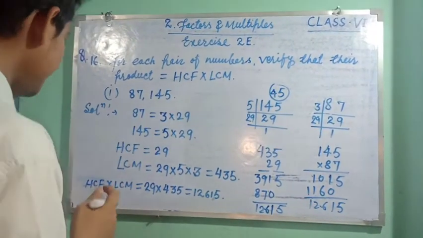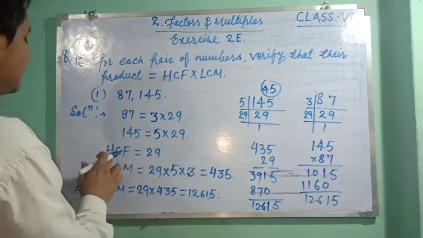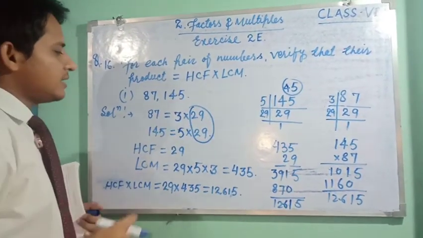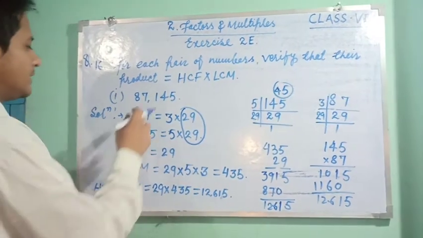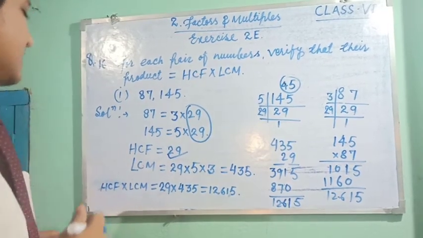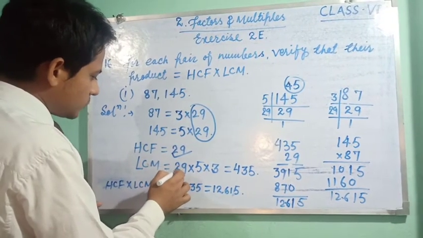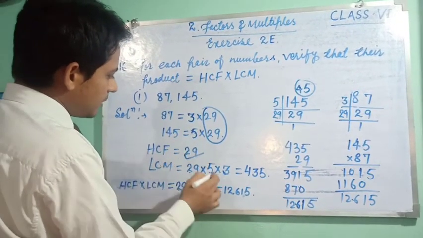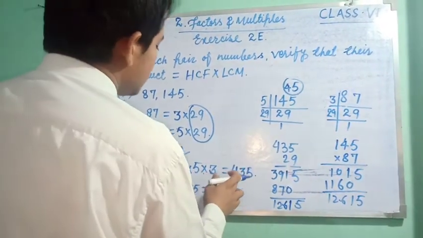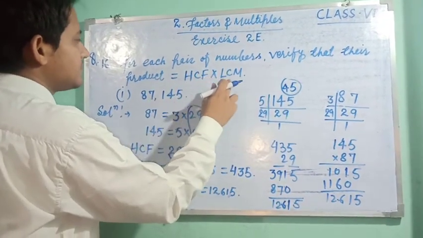Now see, HCF means highest common factor. Looking here, 29 is the highest common factor of 87 and 145. So HCF is 29. Next, LCM. For LCM, write the common number: LCM is equal to 29 multiplied by this 5 and also multiplied by this 3. That means LCM is equal to 435, and we have to verify that HCF multiplied by LCM becomes the product